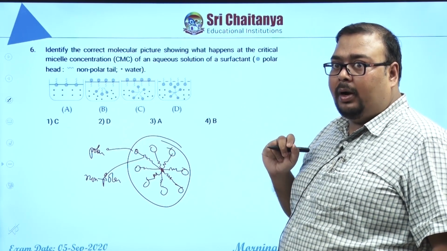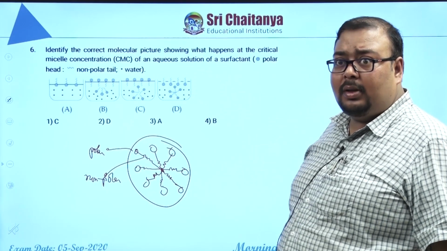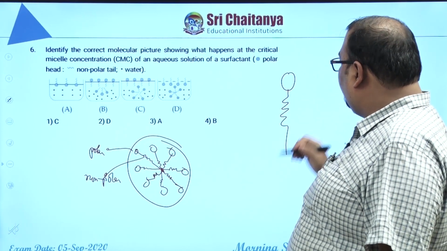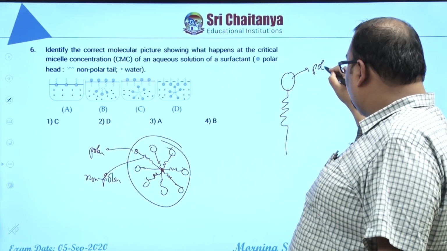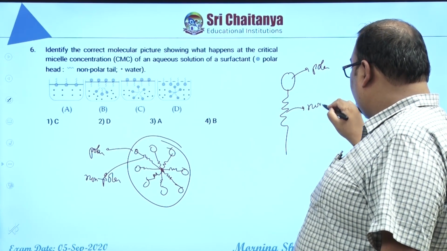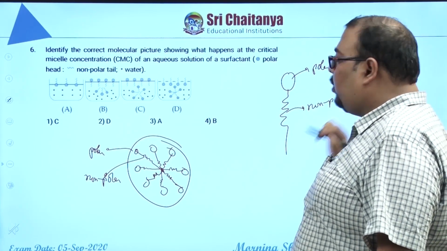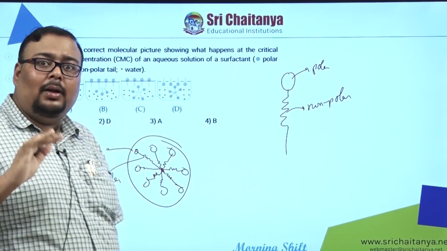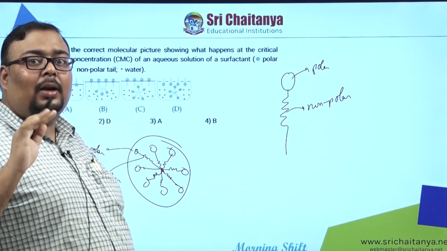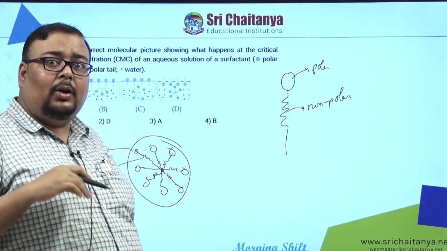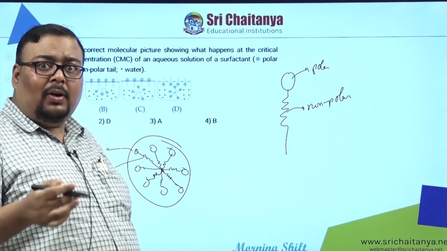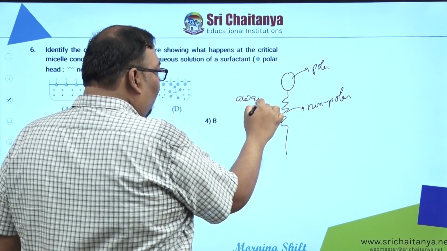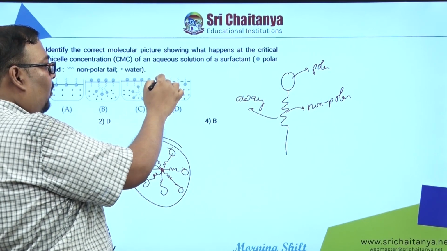The second important point is the orientation of the molecules on the surface. Now you see, this is the surfactant molecule. This is the polar part and this is the non-polar part. The non-polar part does not like the solvent molecules. It avoids the polar molecule, so it will always try to be away from the polar solvent molecules. This means it should be pointing away from the water molecules, which means this should be up.